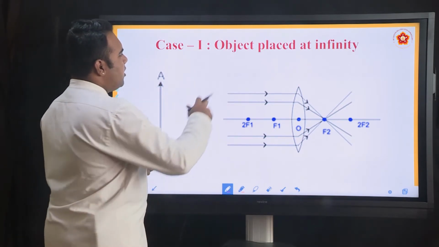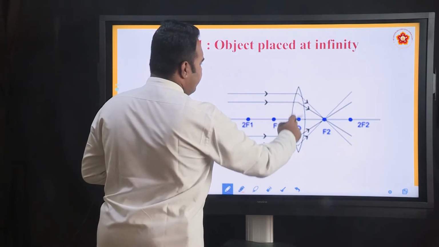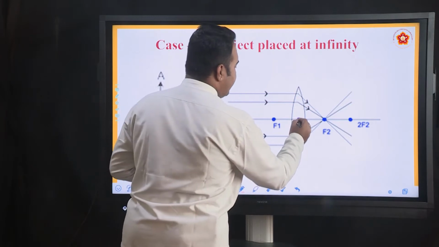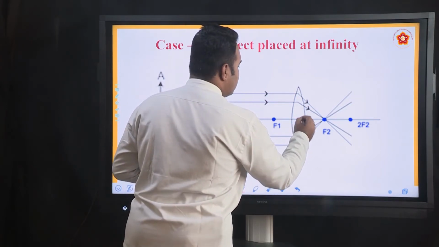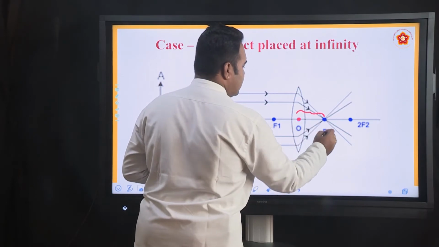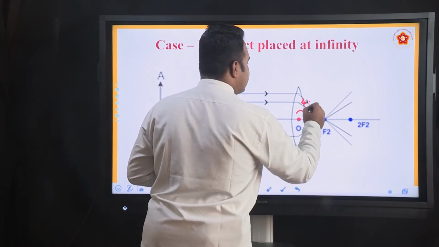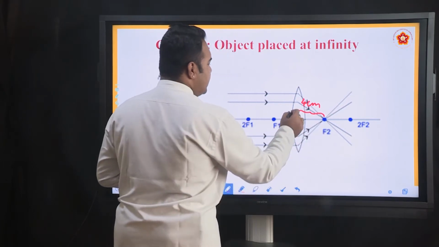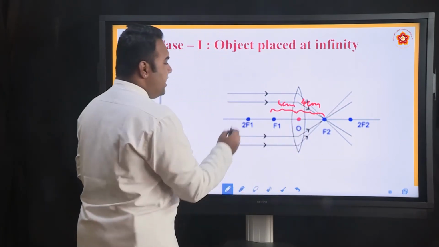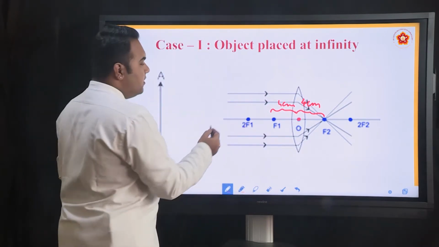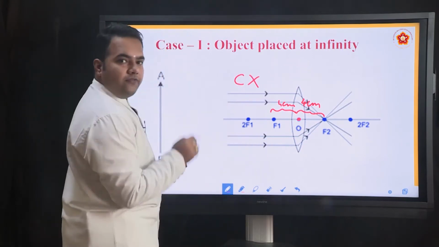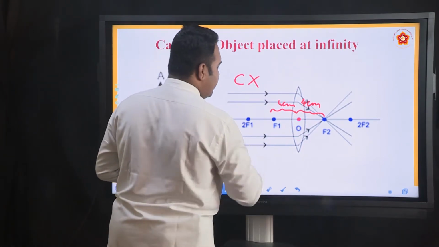So look at this object placed at infinity. Now we have drawn the lens, there are parallel rays of light, we have marked the optic center O, and on both sides. So for example, if you mark this f2 point at a distance of 4 centimeters towards the right, the same thing should happen on the left side also, 4 centimeters, and as we have seen just now, we will not call the point as C. This point C is not relevant for us now, we call it the 2f point.